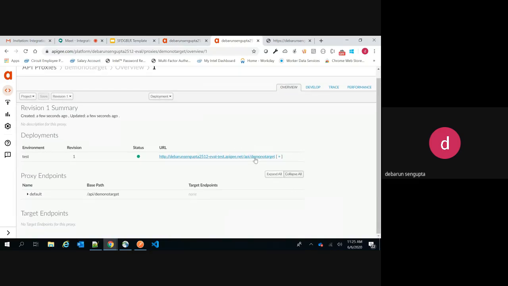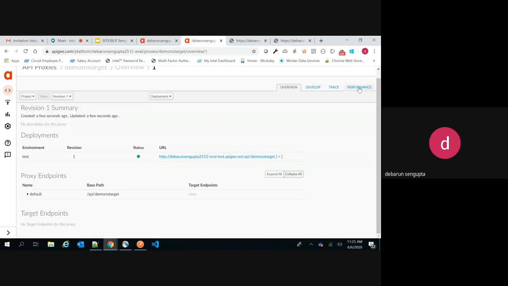Okay, so you can see if I click on this, you're not getting anything here. Because this is kind of like the no target endpoint, where we are not calling any desired service. Now say you are testing the connectivity, so you want to show a sample response to the user. In that scenario, this tab will come into play.